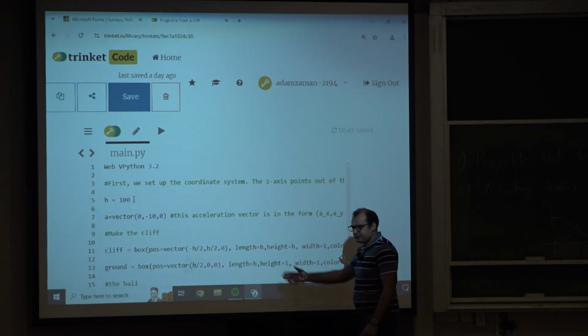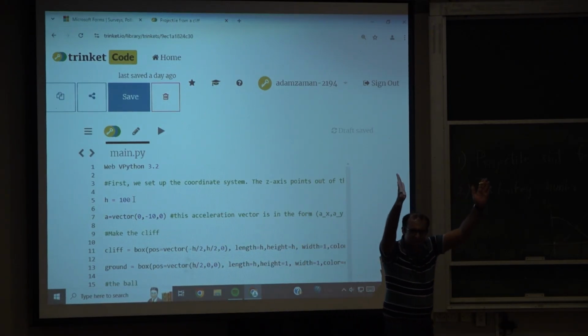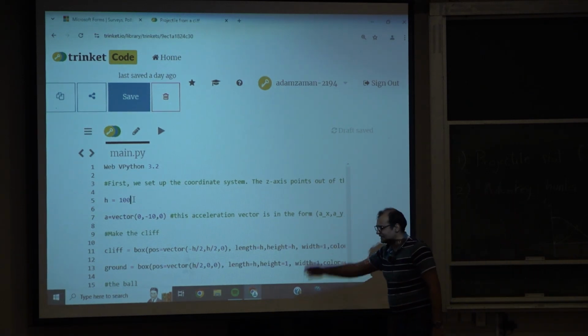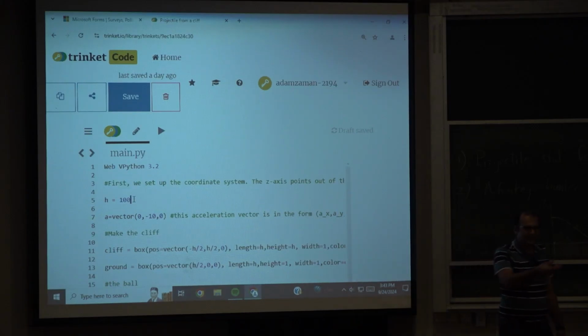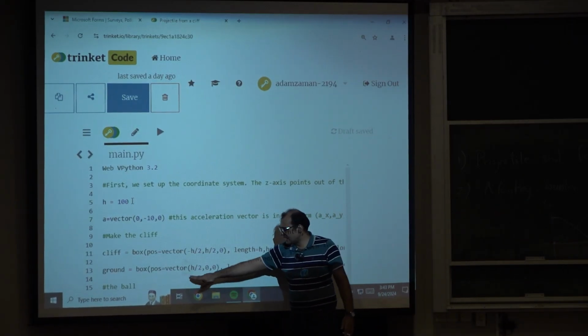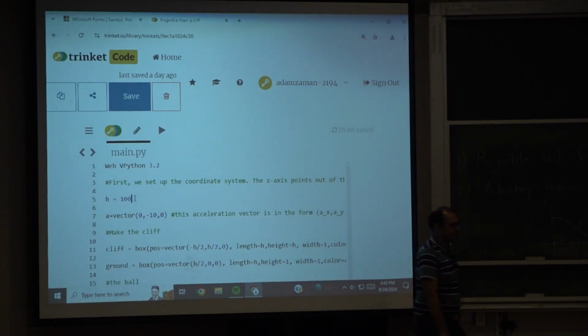Okay, so you make the cliff. The cliff is modeled as a डब्बा. उसको मैंने देखो जैसा घास भी लगा दिया, शायद उसको ग्रीन कलर का बना दिया. ग्राउंड पे भी मैंने घास लगा दिया. ग्राउंड ऑफ कोर्स इज एट द बेस ऑफ द क्लिफ, अनदर बॉक्स. बट ऑफ कोर्स दीज बॉक्सेस हैव डिफरेंट सेंटर्स. ये लेफ्ट पे शिफ्टेड है, ये ओरिजिन के आसपास है. ओके,